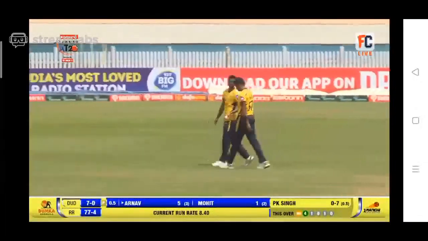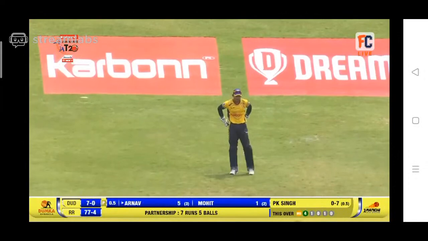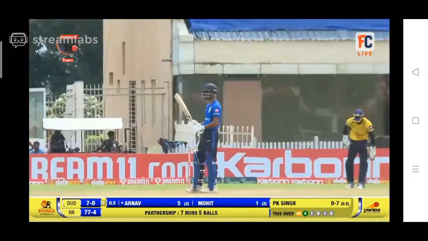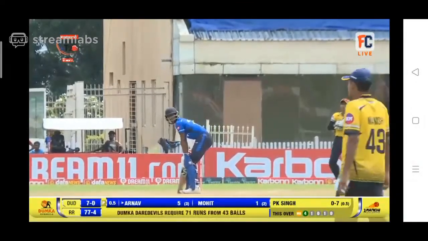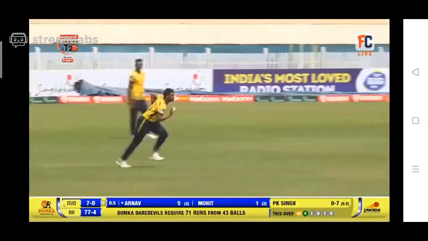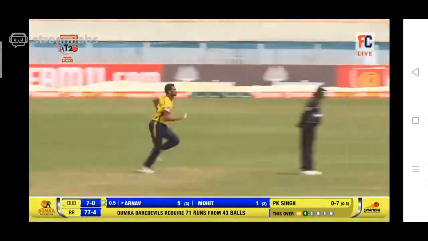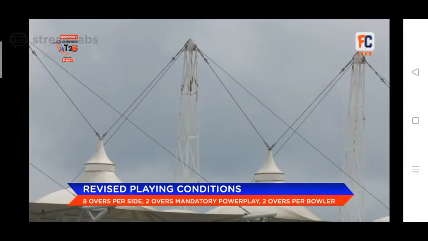Now there's a variable bounce in the wicket due to that rain. Perhaps now the sun is shining brightly outside, so that would help the outfield to dry up a little, and the ball will go much quicker outside for each bowler on every side.